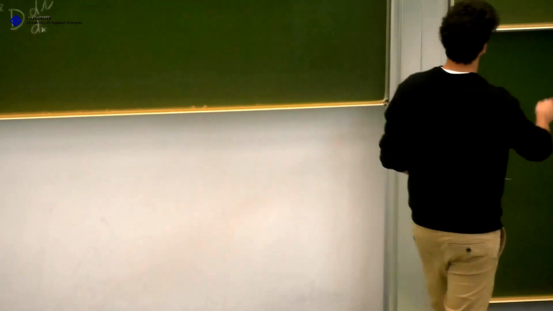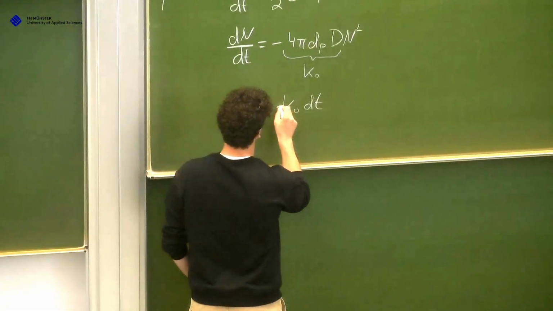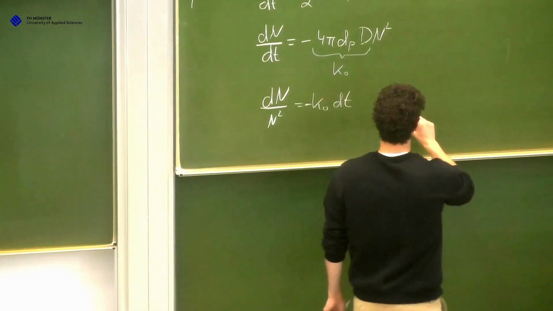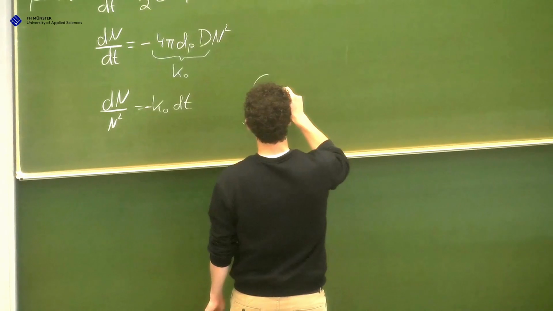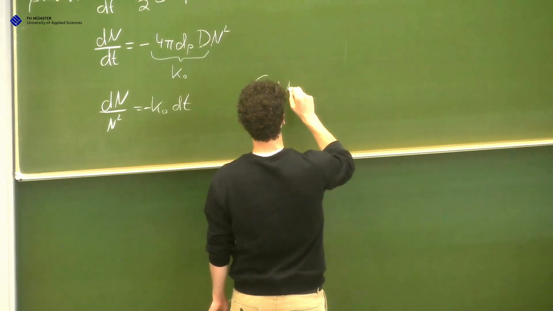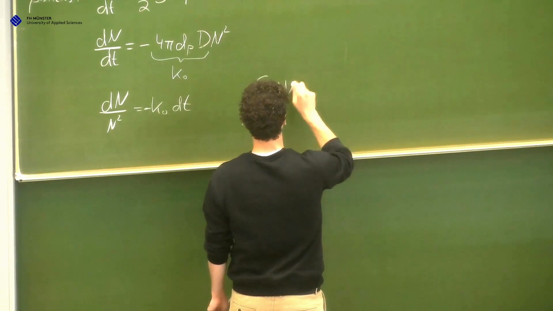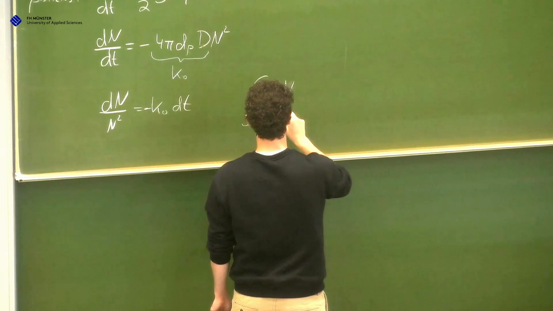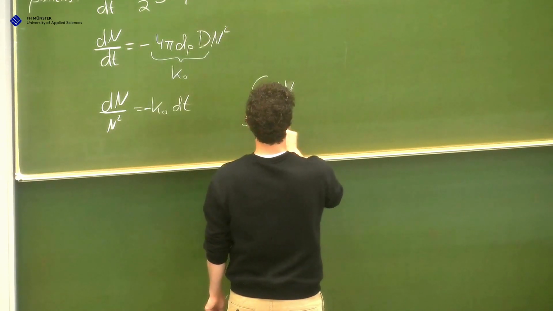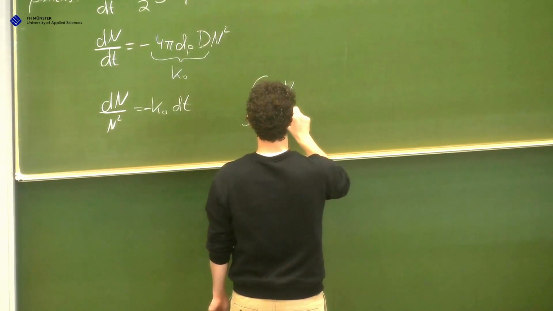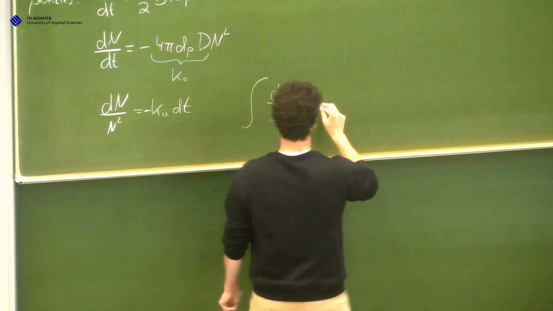Sorry. Minus. And then we integrate dn over n squared, and we integrate